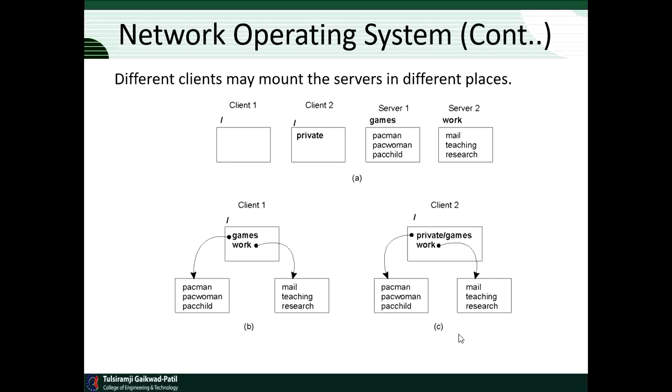So we can say that for client 1 both the servers are mounted at different places, and accordingly that client will use the distributed application and find out the server wherever it is located, and it will get the reply to the request given by the client. Accordingly client 2 will work. It will send the request, and again ask the server to give the data as a reply to the request given by the client. And this client has its own private memory.